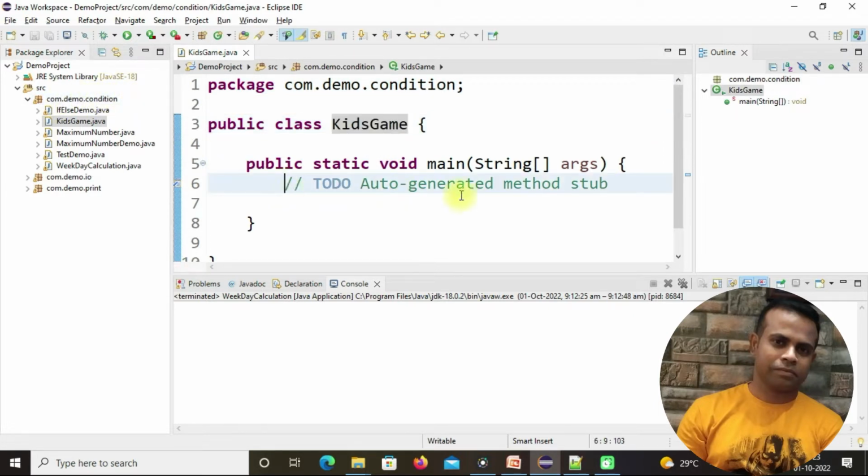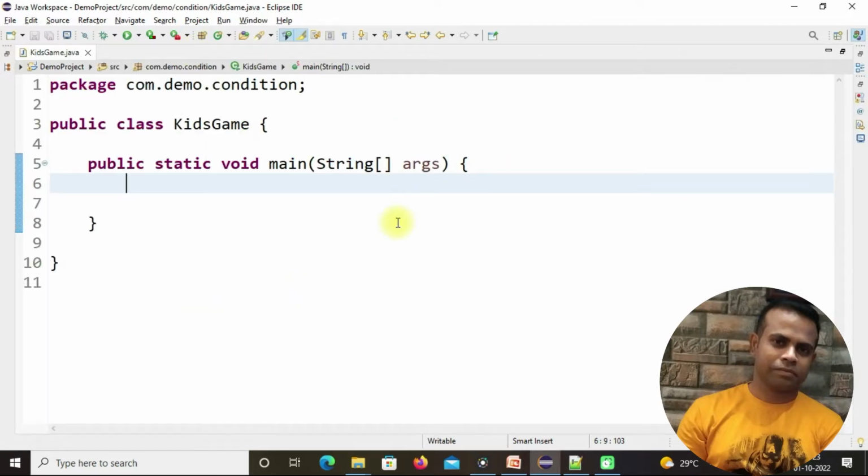Now let's delete this unwanted statement and save it by Control S. Now double click here to get a wider view. So what is our aim? Our aim is to take the input A to E and based on that give some statement like A for apple, B for ball, C for cat, something like this.